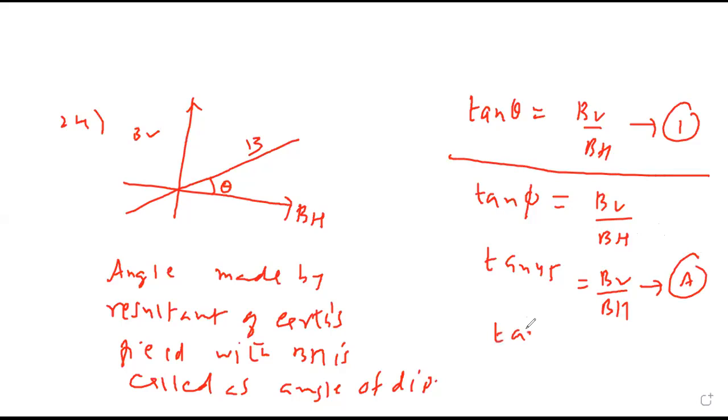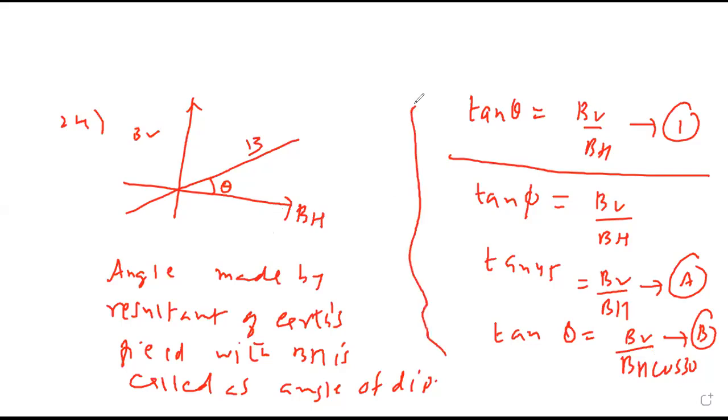But actual dip tan theta will be BV upon, because it is at 30 degree to the magnetic meridian, the component of BH in magnetic meridian will be BH cos 30. This is a very important point. Actual formula is BV by BH. So in the apparent case we say BV by BH, but in the actual case, because it is at 30 degree, the BH component at magnetic meridian will be BH cos theta. If you know these two lines, just copy till this, then we'll see.